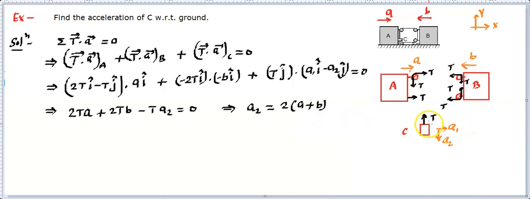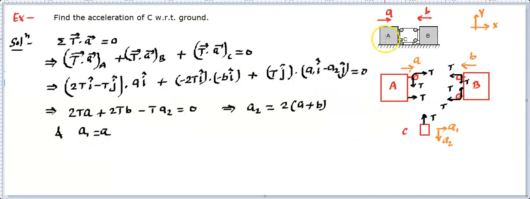What is A1? How to get A1? So here you need to put your brain. A1 is the acceleration of C in the forward direction. And who is moving the C in the forward direction? It's A. So there is also a constraint. That means A is going to push the C together. That means A and C will remain in contact. That means if A is moving with the acceleration A, then C must be moving with the same acceleration in the horizontal direction, which means to say A1 must be equal to A. Are you getting this? This is also a constraint, a small constraint.